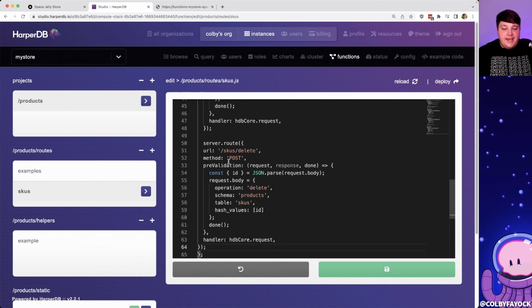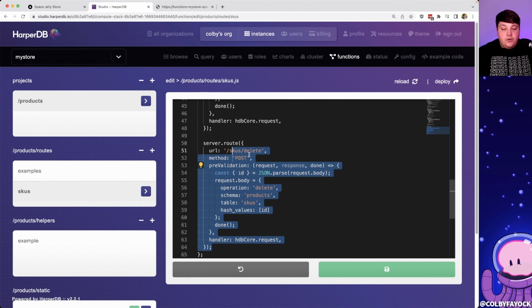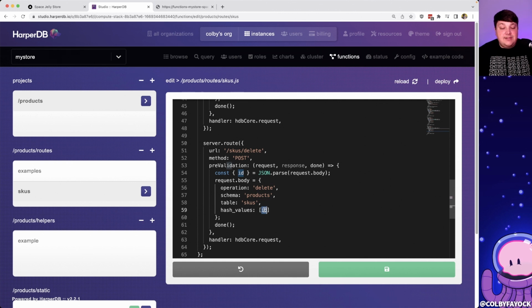And finally, we're going to paste in our delete route, where we're going to do, again, something similar with the pre-validation hook, but this time we're only going to parse out the ID from the body because that's all we need, but we're going to run the delete operation and we're going to pass in that hash value where the ID is that hash attribute when we created that table,